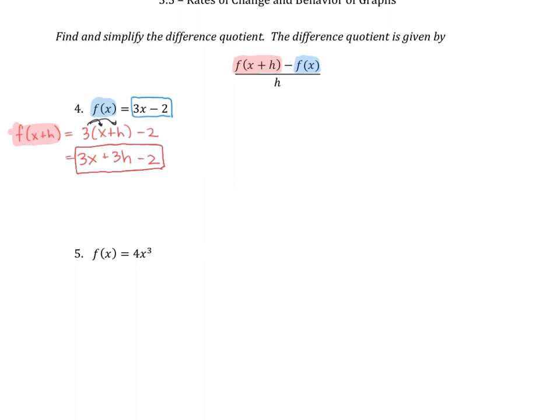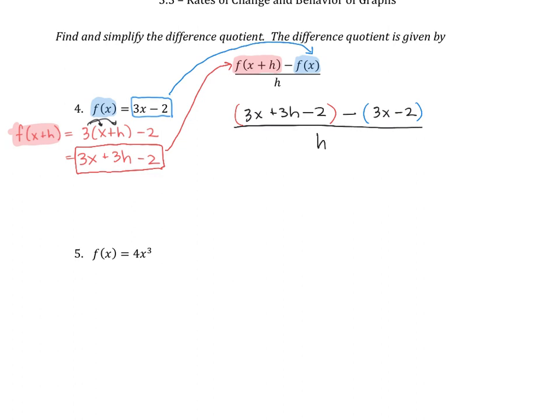Okay, so this red box is going to be plugged in here, and this blue box is going to be plugged in here. And then I'm going to simplify. All right, so I have 3x plus 3h minus 2, that was what was in red, minus what's in blue, 3x minus 2. Okay, all over h,